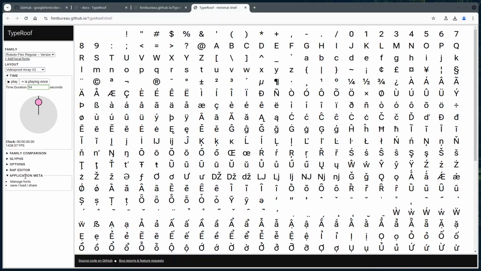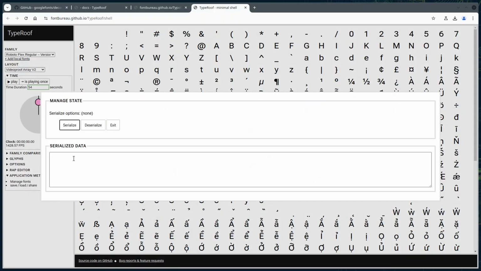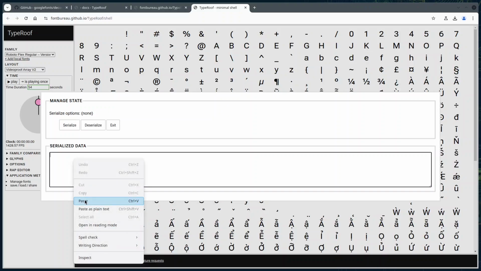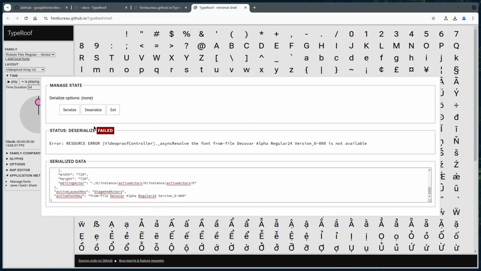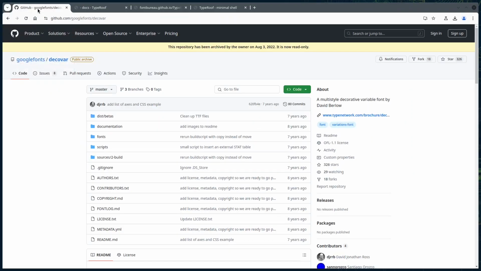Under application meta, I can open the save load share dialog and paste into the serialized data text field the JSON I just copied. Now when I press deserialize, I must notice that it failed because an error tells me that a font file called Decovar Alpha Regular 24 version 000 is missing. That was expected, and that's why I prepared a tab at